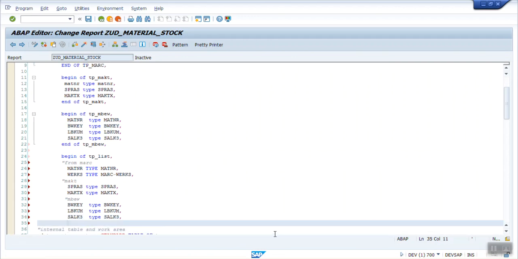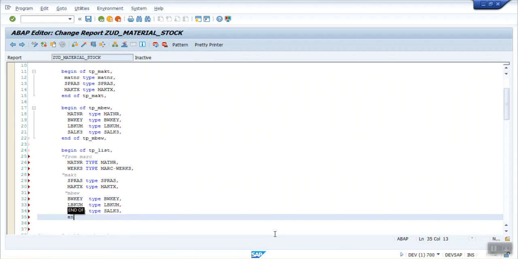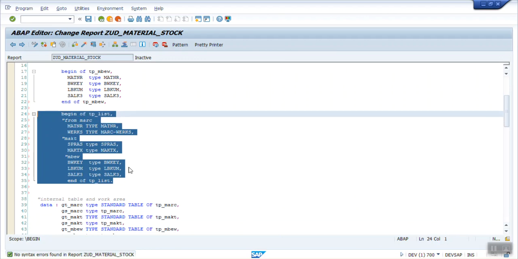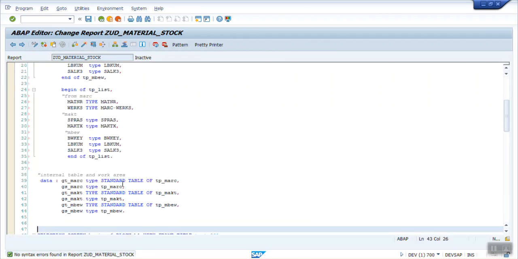And I have to end here, that is end of tp_list. Save, check, no error.